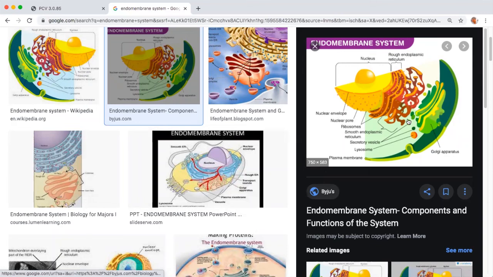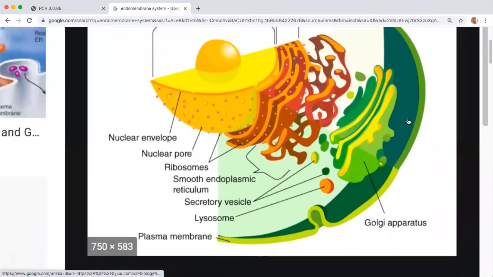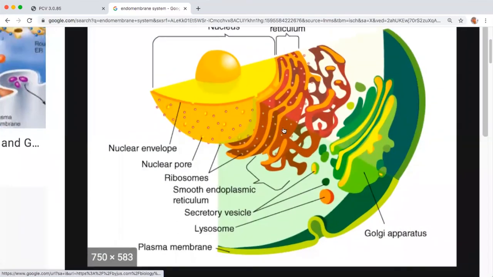So you are able to see this is a very continuous thing. You'll be seeing these continuous membrane structures throughout the cell. Here you are able to see this entire orange color structure. This orange color structure that you are seeing is your endoplasmic reticulum. In continuation to it is your Golgi body. In continuation to it is your lysosome, as a part of this Golgi body only will become lysosome.